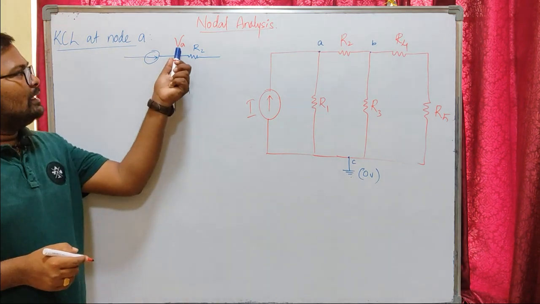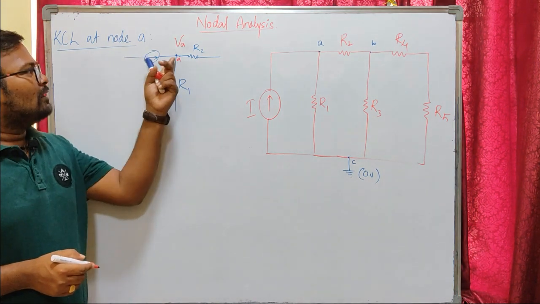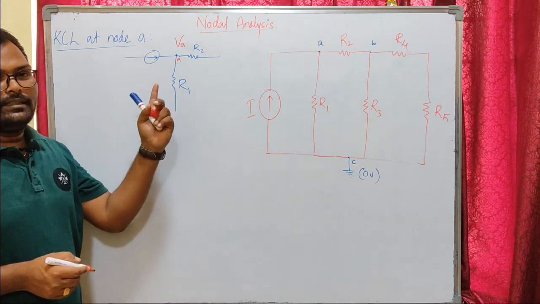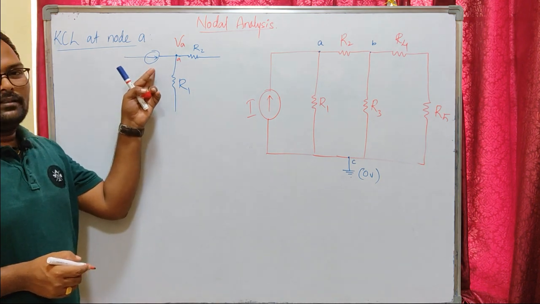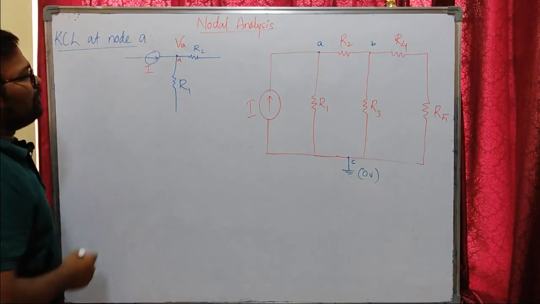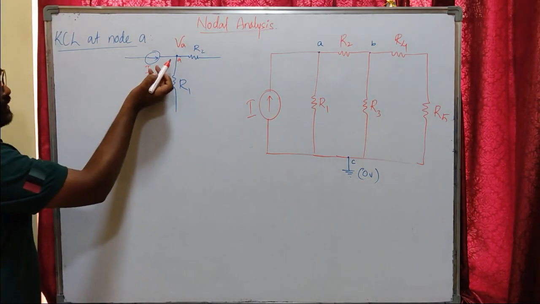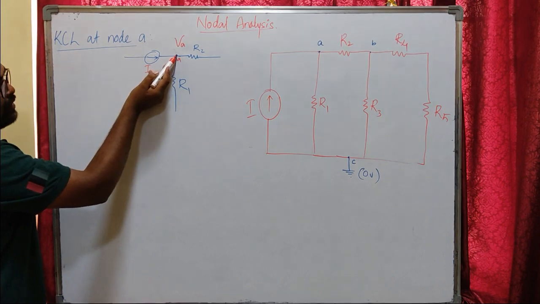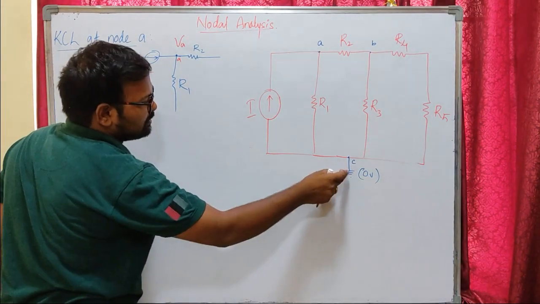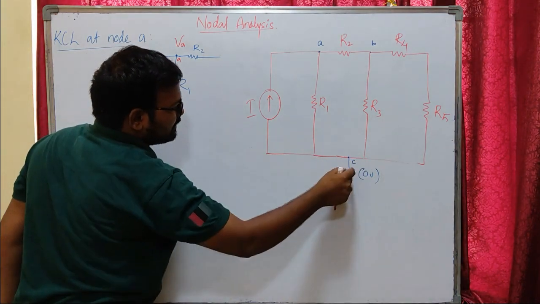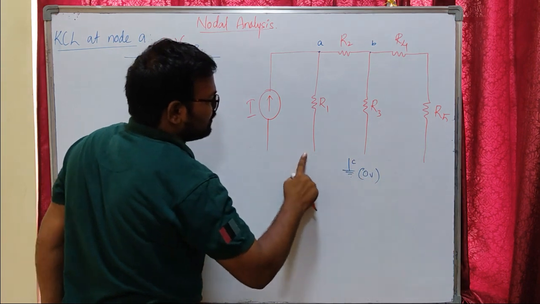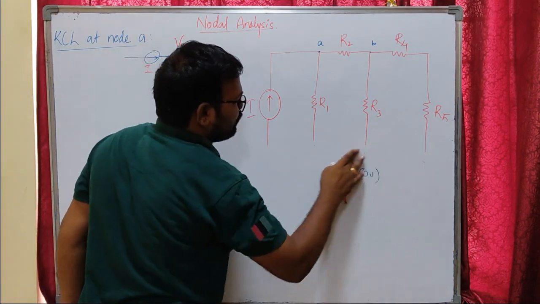For writing KCL we need to write currents. For a resistor, that is the voltage difference between the 2 points of the resistor divided by its resistance value, and for the current source we are going to write the current value directly. So this is I. We need another potential for each element. One potential is VA for this current source, and the second potential is nothing but the common point, since all these 4 elements are connected to one point. This is a short circuit line, so all these 4 lines are connected to one point here.